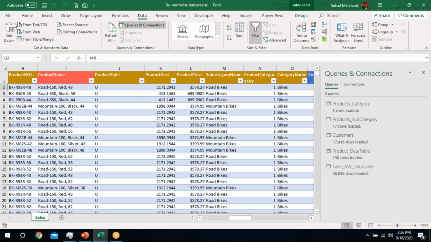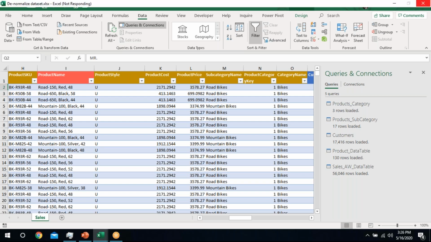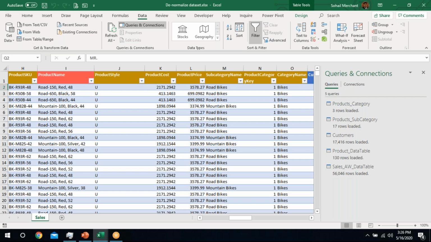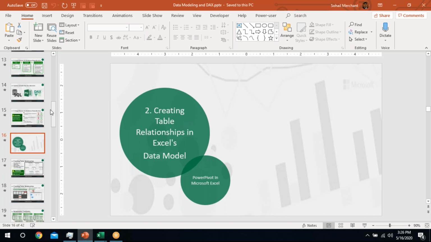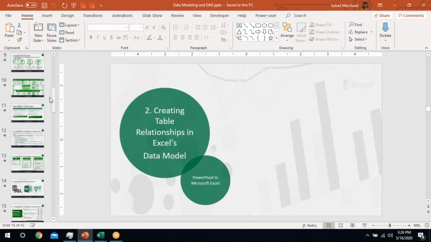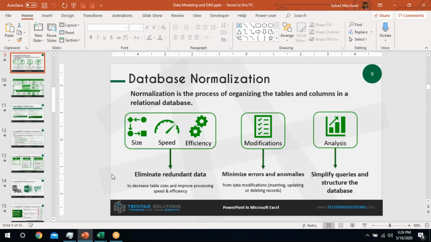You can see that initially the flat table contained 39,000 plus errors. By these normalization steps, all of these errors are eliminated, right? So hence we have seen that normalization helps us to minimize errors and anomalies.